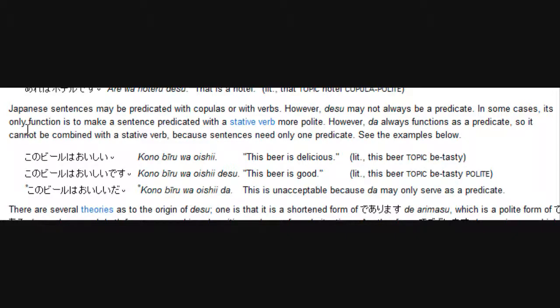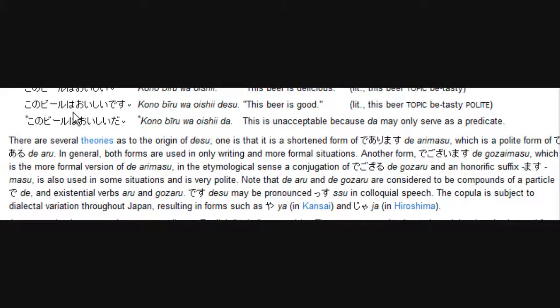Kono biru wa oishi da. This is unacceptable because da may only serve as a predicate. There are several theories as to the origin of desu. One is that it is a shortened form of de arimasu, which is a polite form of